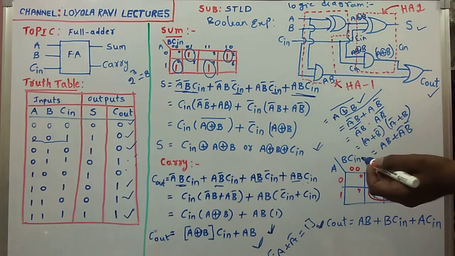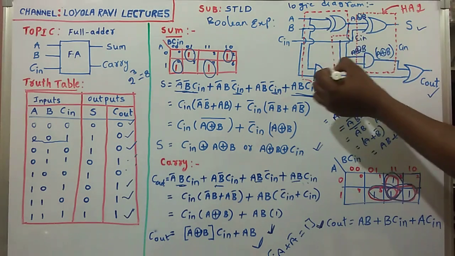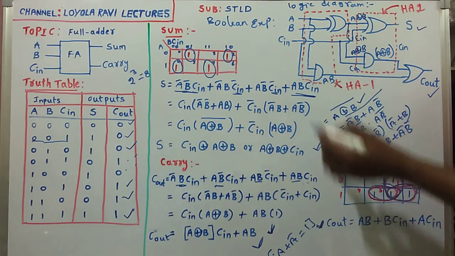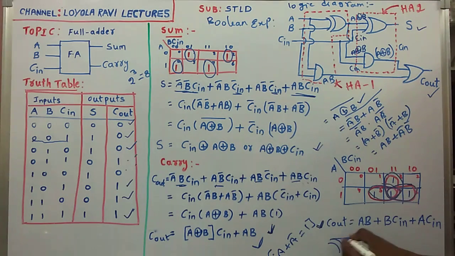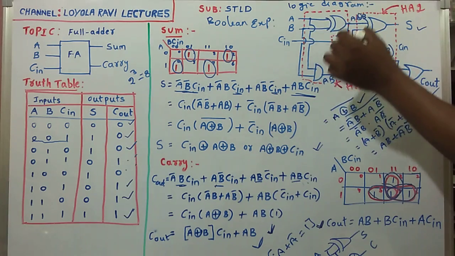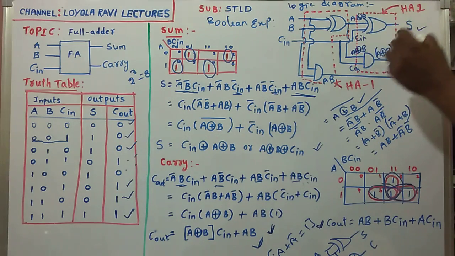From this we can conclude how we can implement a full adder using half adders. This is one half adder, see this dotted line, red dotted lines. See here, this is one XOR gate and AND gate. We know that a half adder has one XOR gate and one AND gate, like this. This is a half adder, sum and carry. Like this I am taking one half adder, and see here XOR gate and AND gate. This is another half adder.